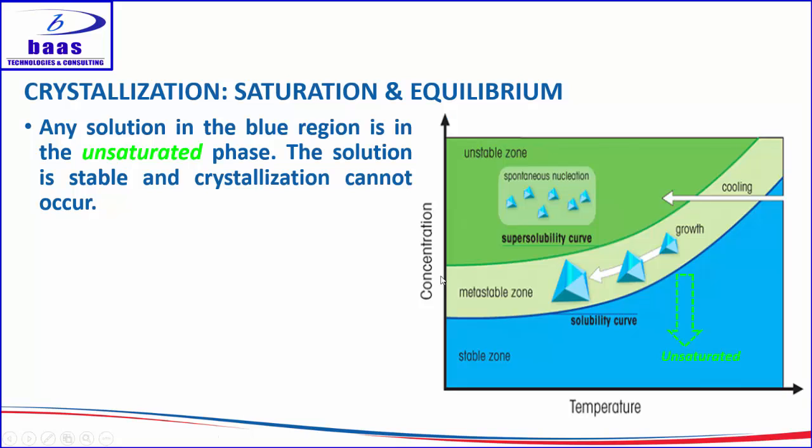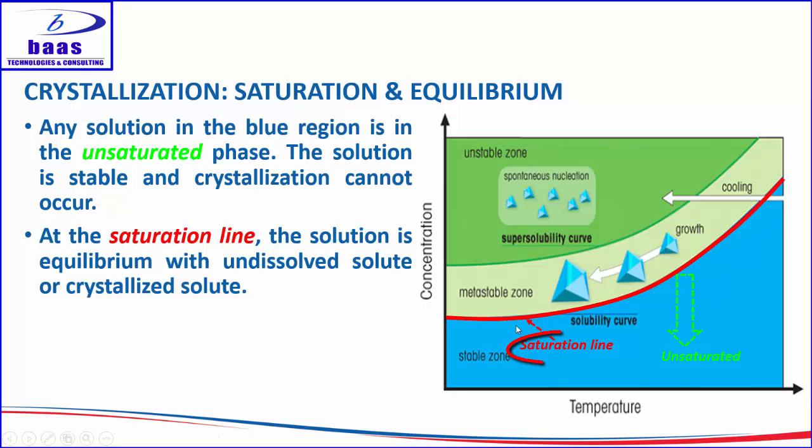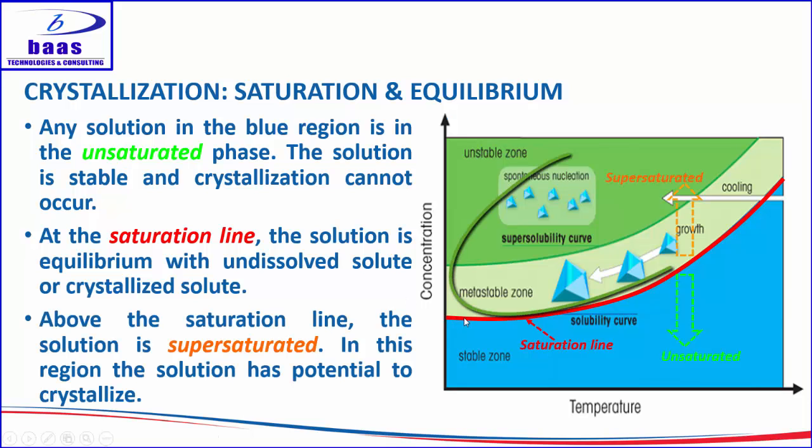Looking back at solubility, saturation, and equilibrium, any solution in the blue region here is in the unsaturated phase, meaning that the solution is stable and crystallization cannot occur. If you put in any more solute crystals, they will dissolve into the solution. At the saturation line here, the solution is in equilibrium with undissolved solute or with crystallized solute. If you are coming from the unsaturated side and dissolving more solute, at the saturation line you will have solution in equilibrium with undissolved solute. If you are coming from the supersaturated phase and crystallizing solute, you will have your solution in equilibrium with crystallized solute. Above the saturation line here,